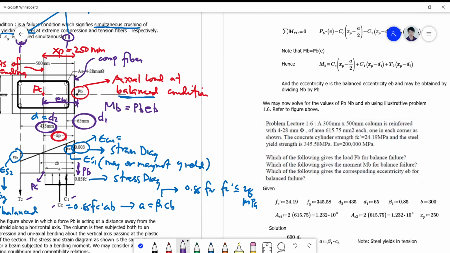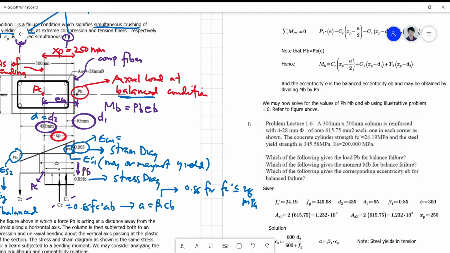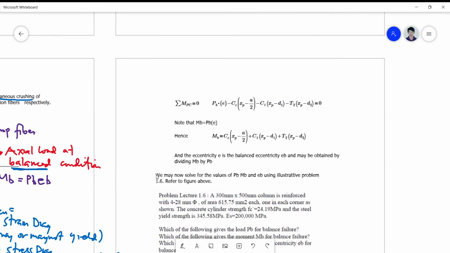These are negative, and all are negative T's. So we now make use of this: PB times the eccentricity, minus, and minus means they are all